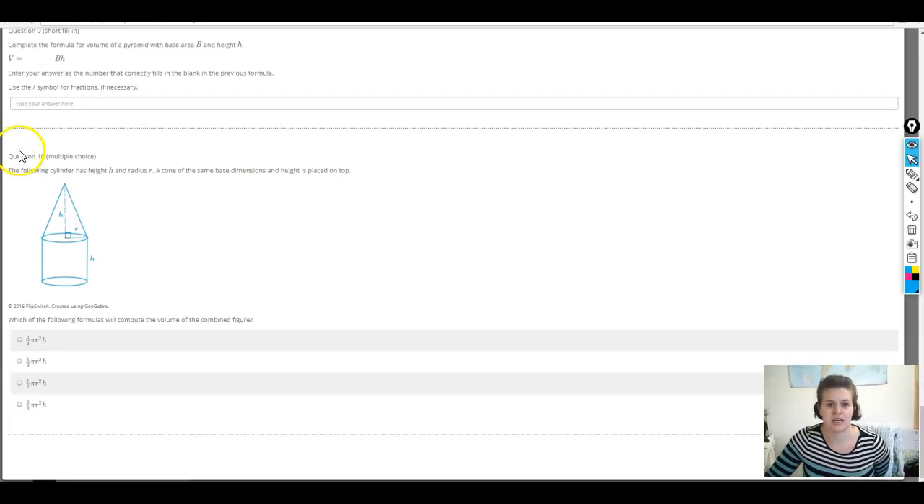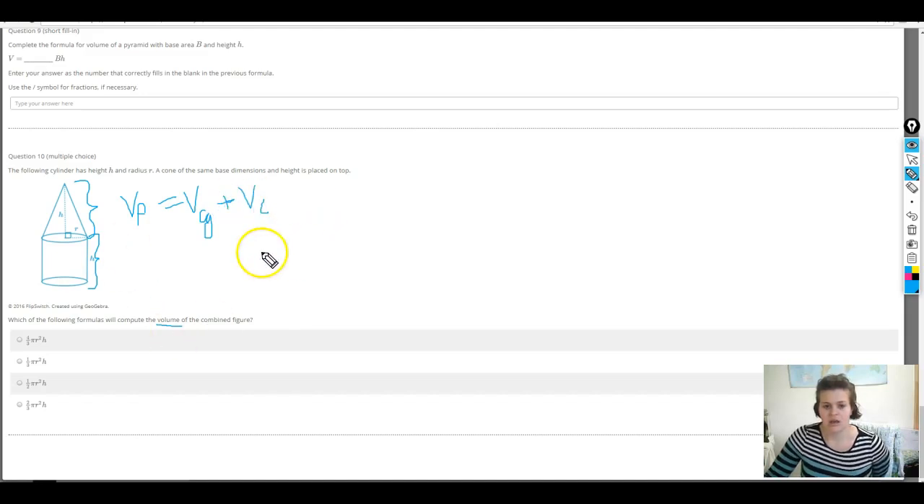Alright, question 10. The following cylinder has a height h and radius r. A cone of the same base dimensions and height is placed on top. Which of the following formulas will compute the volume of the combined figure? So they want us to find the volume of this cylinder cone shape. And the volume of our figure is going to equal the volume of the cylinder plus the volume of the